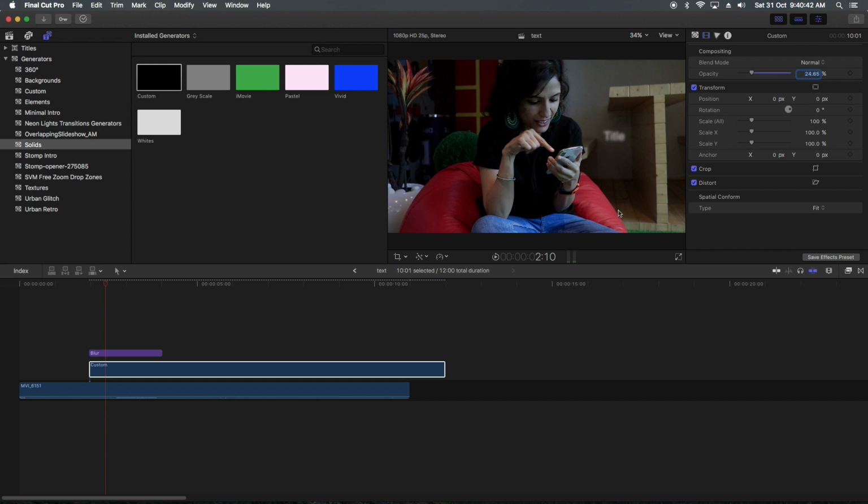Now it's looking okay, but this is killing the highlights of this shot. But I only want this black behind this title. So what I will do now is crop.